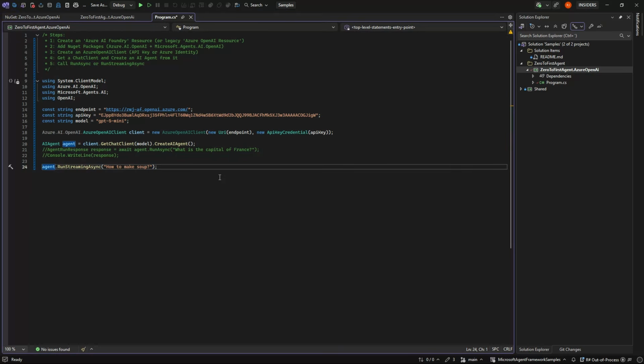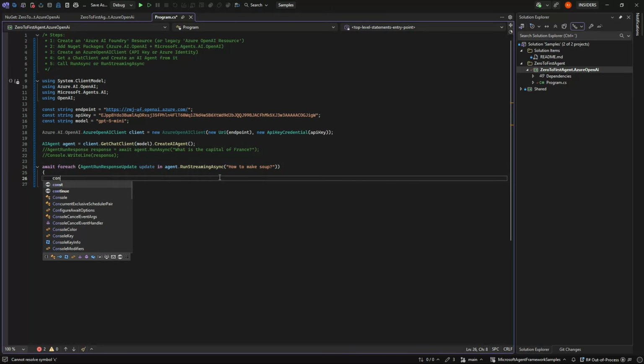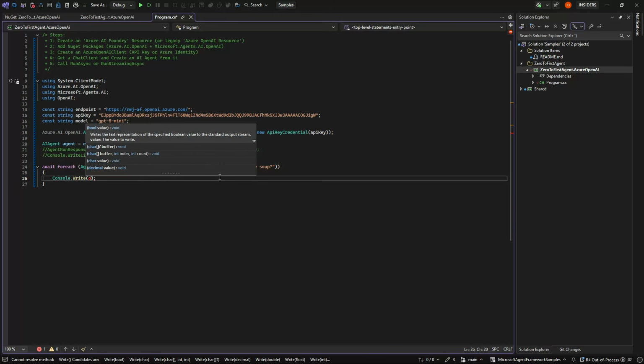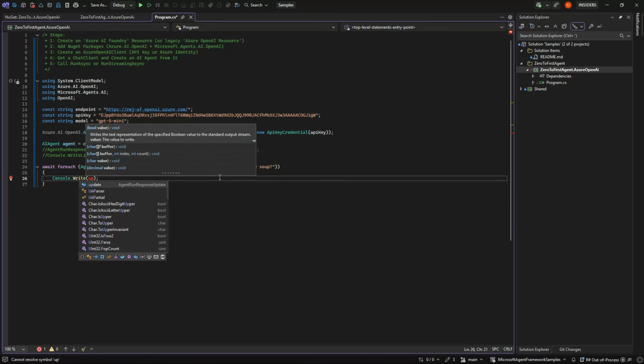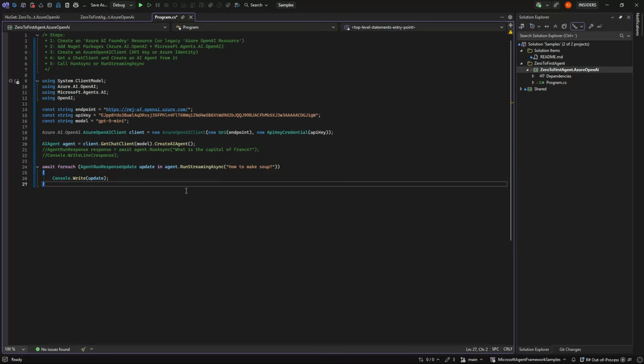We need to iterate over this with a foreach, and we get an update back, meaning that every character, more or less, every word comes back one at a time. We simply just need to say Console.Write with the update, and we should be ready to go.